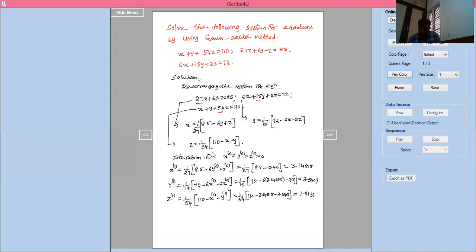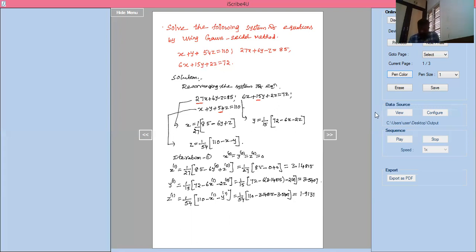Similarly, I can go for iteration 2. If you want, in the starting only you can check these equations: put them in the calculator, write the values of x, y, z aside, and when nearer values come, you can stop the iterations. Otherwise, we can compare this iteration with the previous iteration; when both coincide, we can stop the process. In two ways we can do it. Either way is no problem.